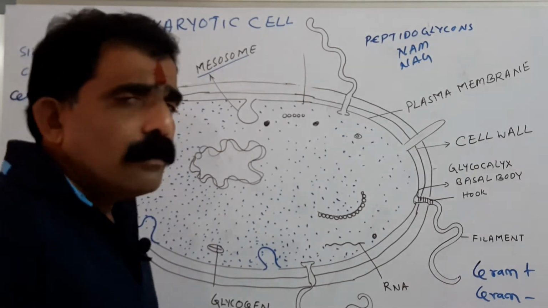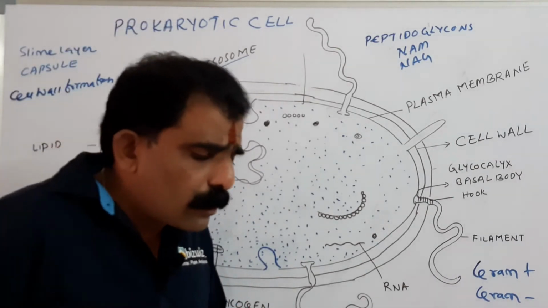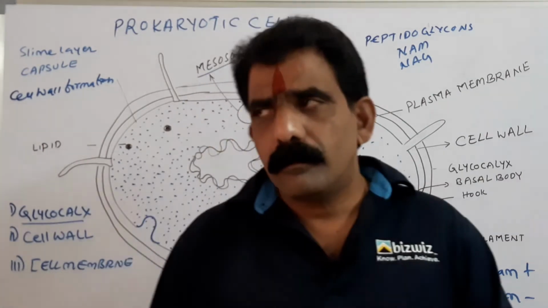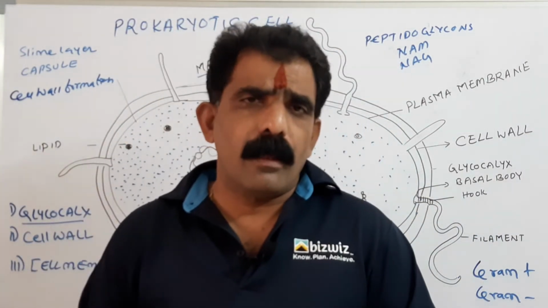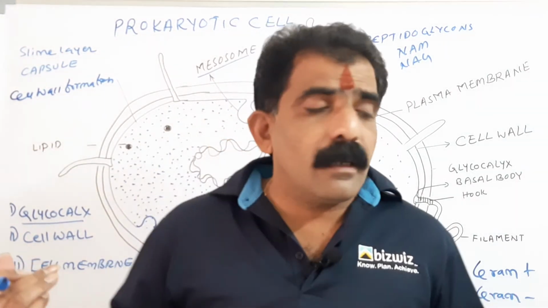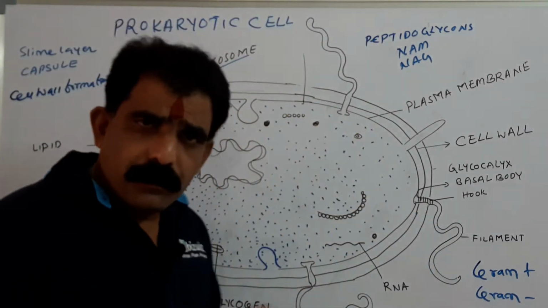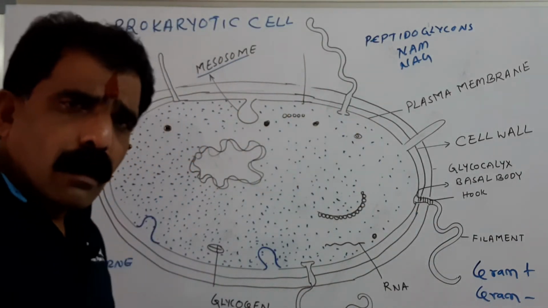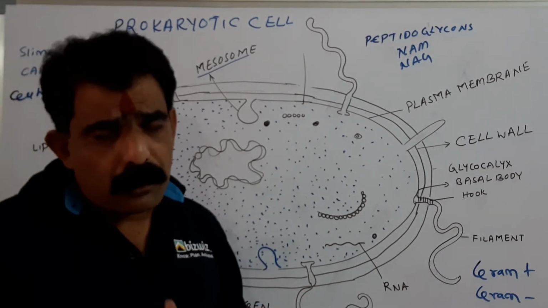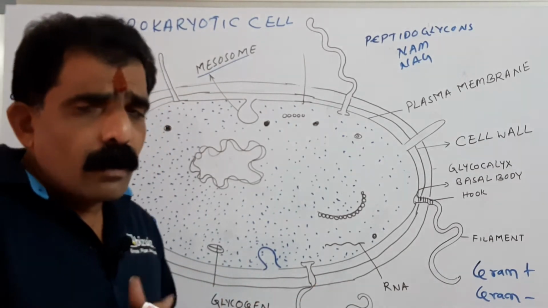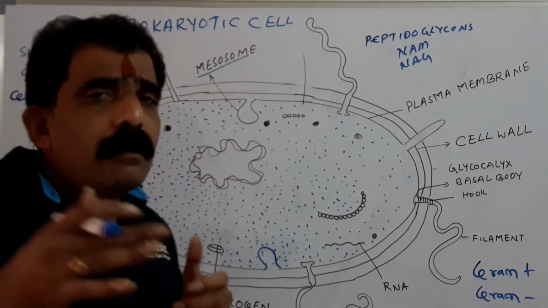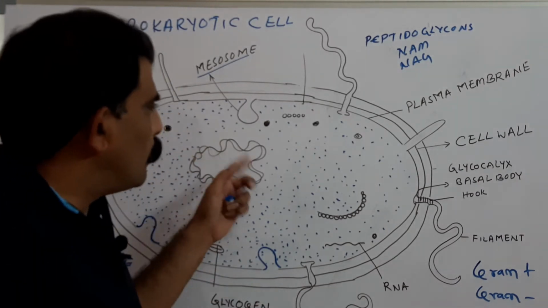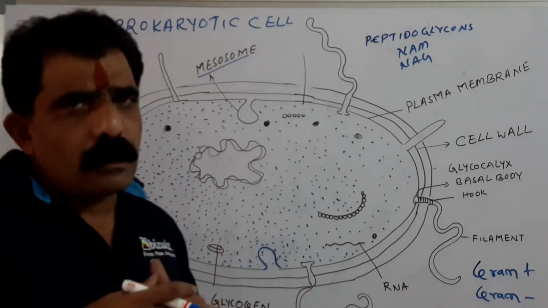And coming to photosynthesis also. In general, photosynthetic pigments are present in the chloroplast. But here in the prokaryotic cell, chloroplast is absent. When chloroplast is absent, how are the prokaryotic cells capable of photosynthesis? Some phototrophs and autotrophs are there, because here the pigments are located on the mesosomes themselves.